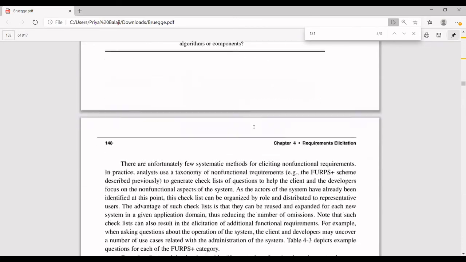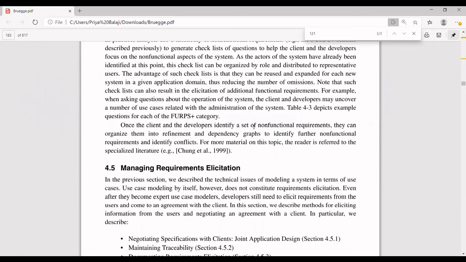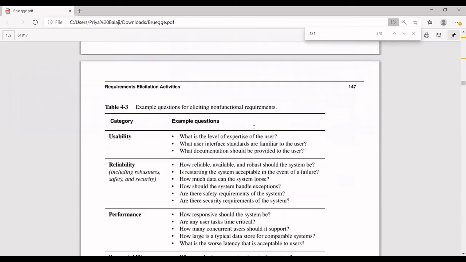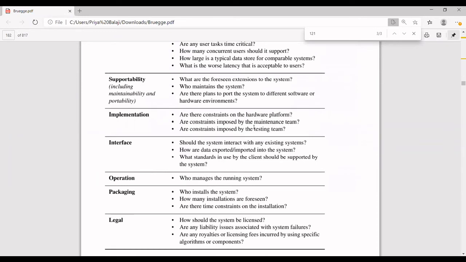FURPS, last time itself we have discussed. If you are following the FURPS category of non-functional requirements, then you can have answers for all of these. Otherwise, you can have only a few. What is usability? What is reliability? What is performance? That is more than sufficient for your non-functional requirements. No need to answer all the non-functional requirements if you're not having a modernized project or system which is not following the FURPS category, right?